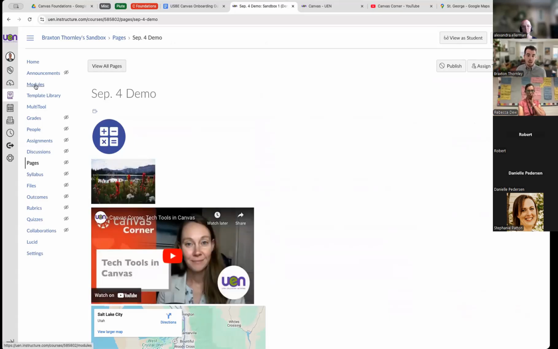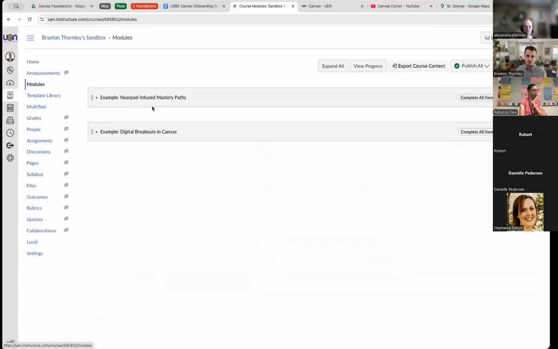on now is modules. So if you'll go to the module screen here, you'll be able to see that I already have a couple of modules. I'm guessing that you most likely don't have some modules though. And you've maybe used modules before, but I want to talk through some of the options that you have inside of them. Now, first off, if you are brand new to Canvas and you don't know what a module is,